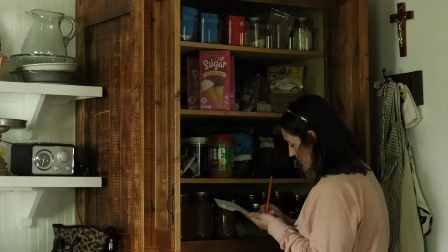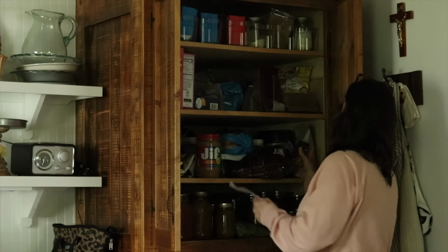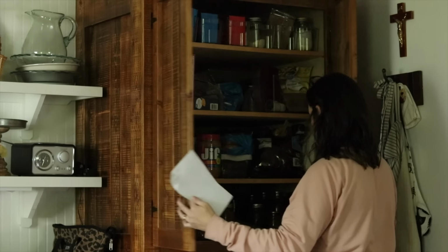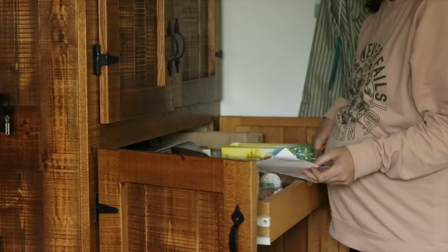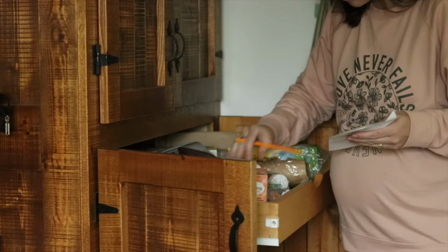You guys know I love to bake, so those things are always staples that I will restock. I'm just kind of going through drawer by drawer, and again, I don't get super detailed. I'm not like, oh, I have 3 cans of black beans and this and that. I just write down ideas, so that way I can go back to my paper and kind of draw lines